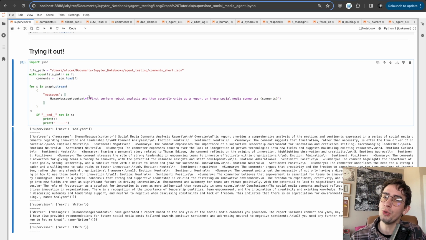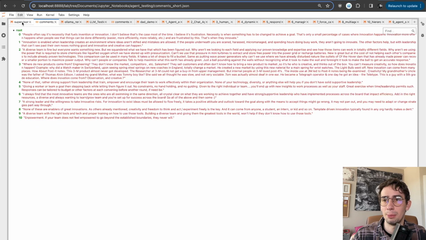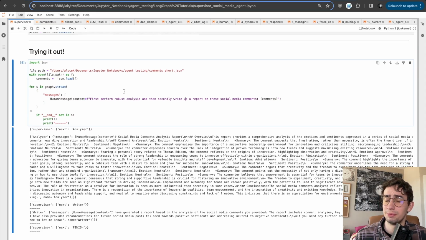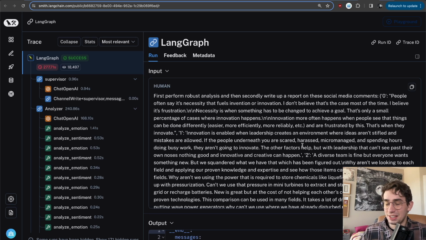And I input only, first perform a robust analysis, and then secondly, write up a report on these social media comments. So as you can see, very, very basic prompting that we have here. I'm just giving it the file, which is all these comments, and then asking it to perform analysis and write up a report. So nothing too crazy, not a huge prompt at all. It's all going to be executed behind the scenes with all of the logic being executed from the language model itself. And so to actually see what's happening behind the scenes here, we're going to hop over to LangSmith,